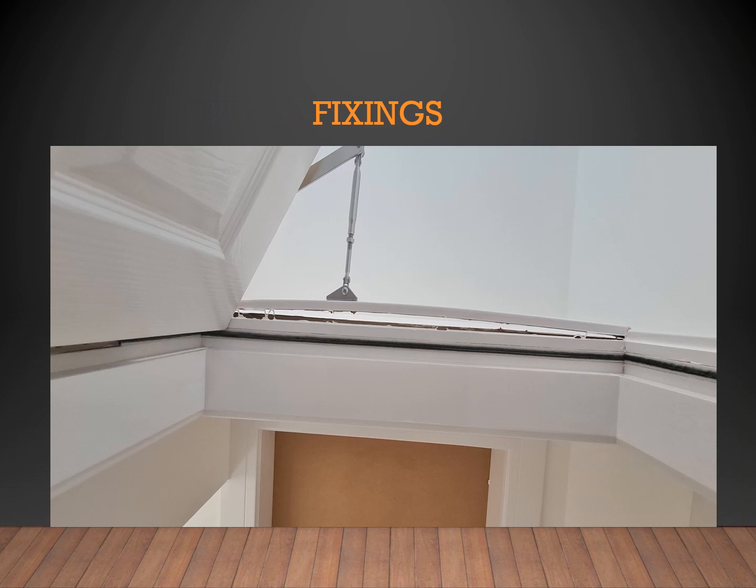So this is a door frame. Imagine that you laid on the floor looking in the door opening, looking up at the top of the door. So this is the door, this is the frame, this is a door closer, and this is the architrave. Because there's a fixing somewhere there and a fixing somewhere there, especially because these screws only just